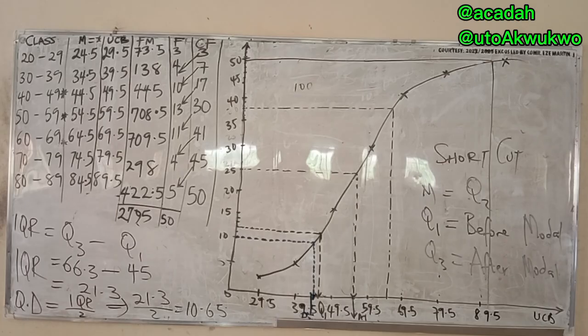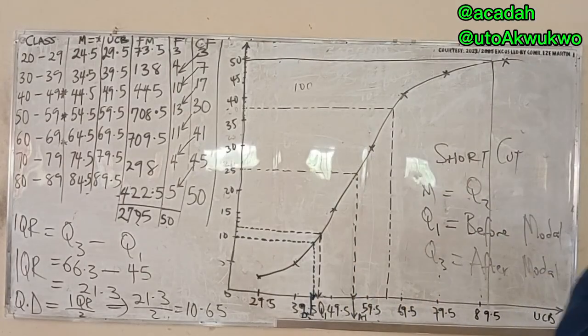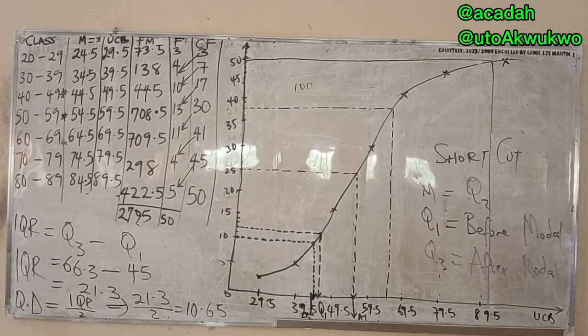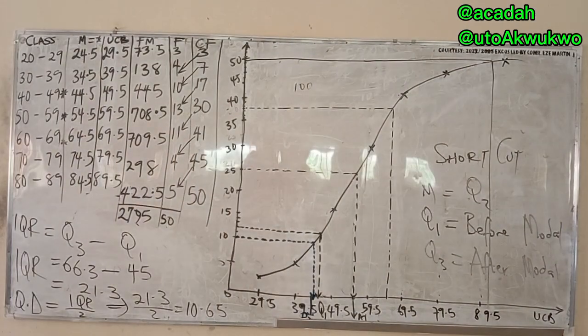The other questions here are solved the same way; the only difference is that they might ask you to solve for something else, but we've touched everything. So let's quickly touch measures of dispersion so that we'll call it a day. After that, we will be sure we've done introduction to statistics, measures of location, and measures of dispersion.